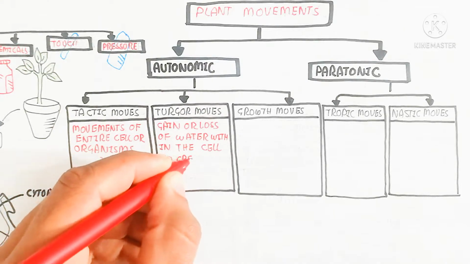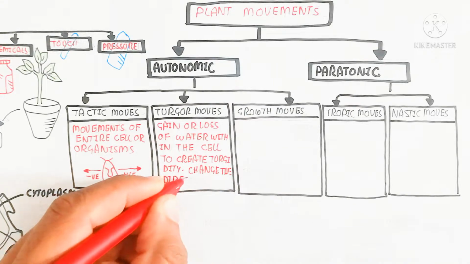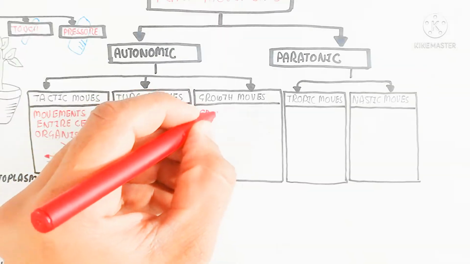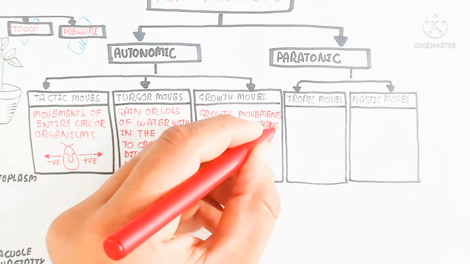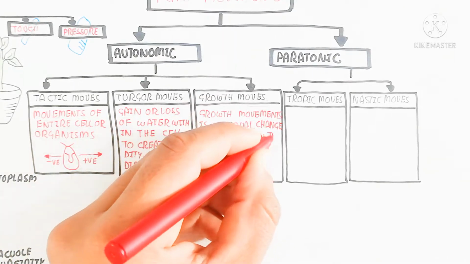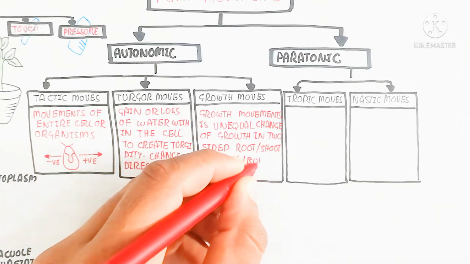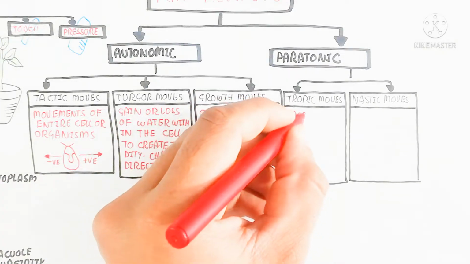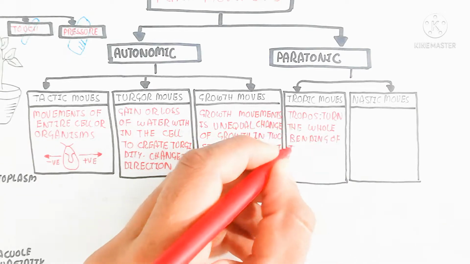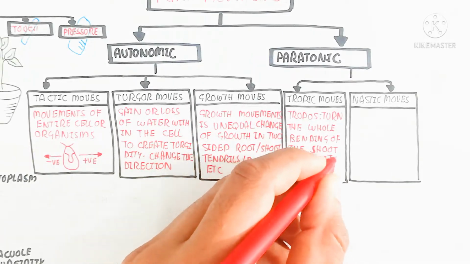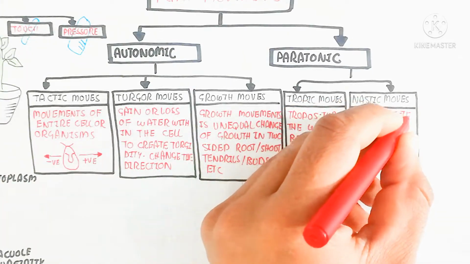The tactic movement is basically the movement of an entire cell or organ. For example, Chlamydomonas moving toward the light is the phototactic movement, positive, or if away, then negative. The gain or loss of water within the cell creates turgidity and changes the direction. So this is the turgor movement, and growth movement is the unequal change of growth on the sides of root, shoot, tendrils, buds, etc. On the other hand, tropic movement, tropos meaning turn, is the whole bending of the shoot or root